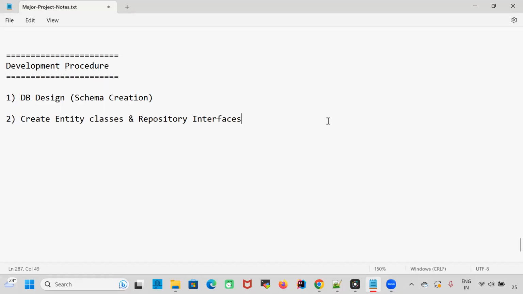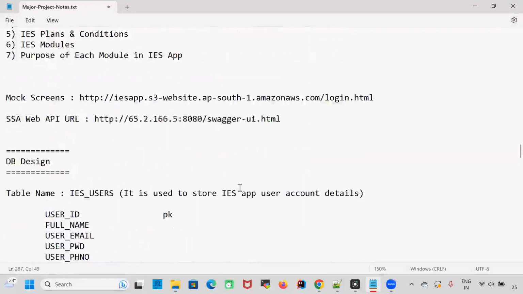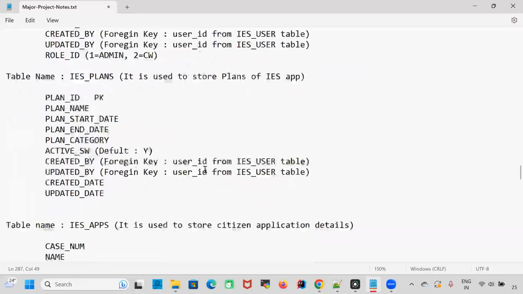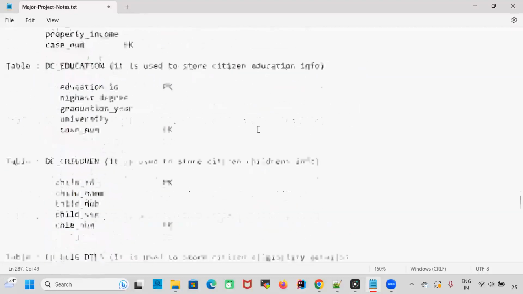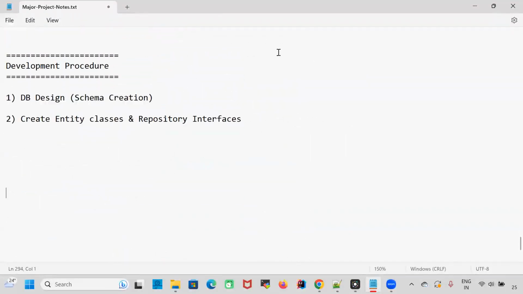Once these entities and repositories are ready, while creating the entities you need to be very careful, because all the tables are not independent. There is a relationship. One table has a relationship with another table. When you are creating these entity classes, you should be very careful to establish the relationships. Okay. So once that is completed, then we are going to identify